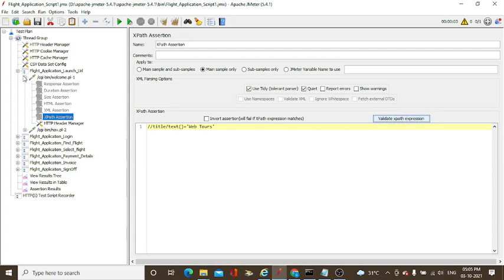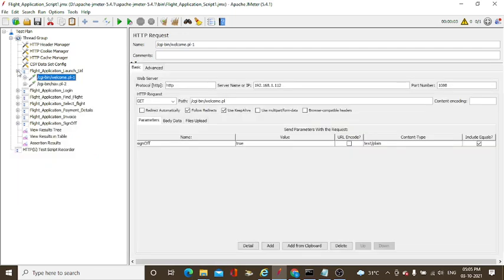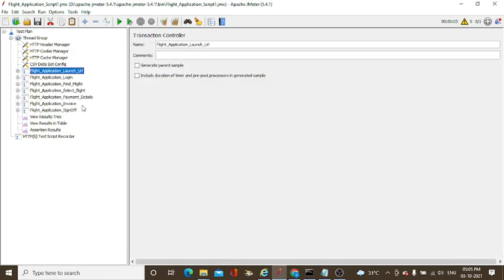Okay. These are the basic assertions. There are so many assertions available, but these are basic. For those who are newly starting with the JMeter tool, from a learning point of view, this will be useful, and in projects also most of the time these are used. Okay, this session may be useful for new people who are learning JMeter. Thank you.